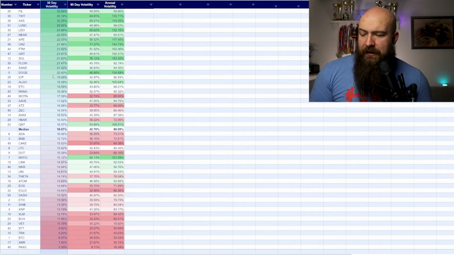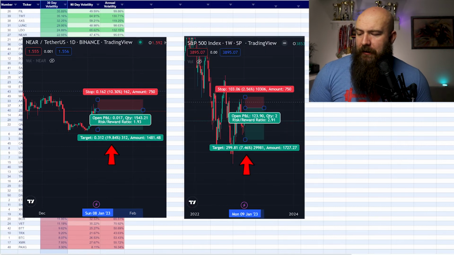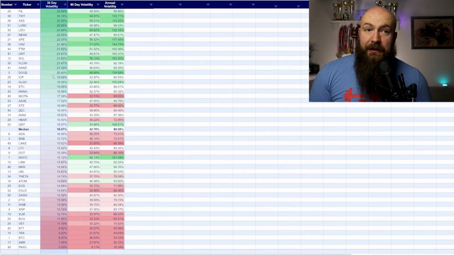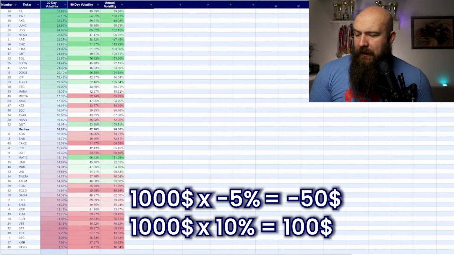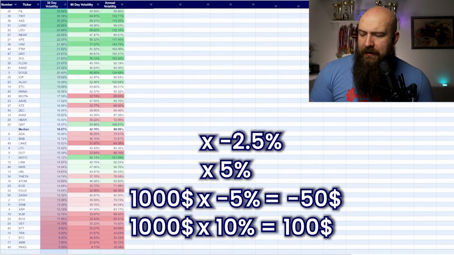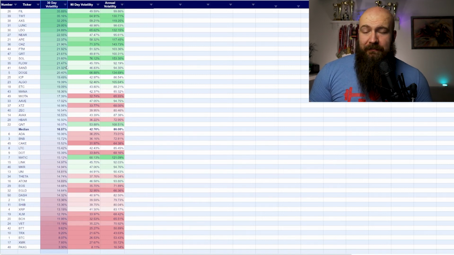The volatility can be used in many different ways, but usually if you are a trader, you want to place your take profit and stop loss positions further from the entry price in comparison to lower volatility assets when it comes to the percentages, or just use lower size positions that you are trading with. So for example, if you have a $1,000 long position for 10% up and a 5% stop loss, you would get $100 or lose $50. While if you would trade an asset with lower volatility, where you would place a long position at 5% and stop loss at 2.5%, you would need a position of $2,000 for the same potential return. So these are just some examples.